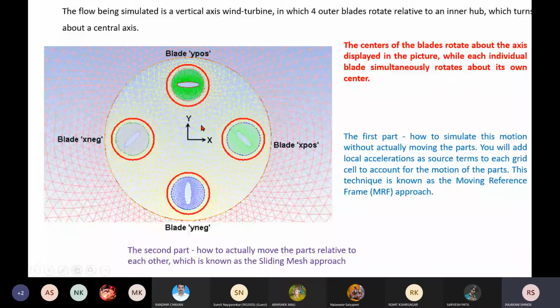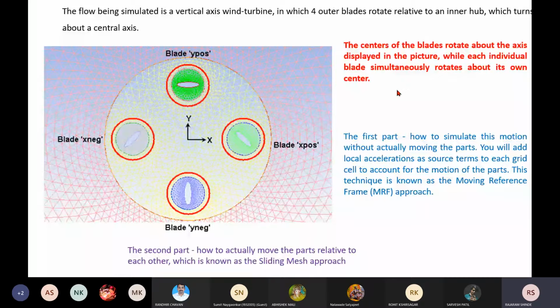Now I am going to show the simulation in two ways, by two methods. In the first part, motion without actually moving the parts.